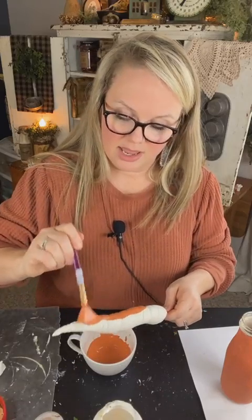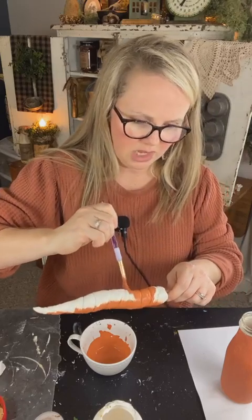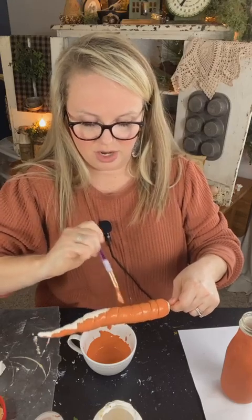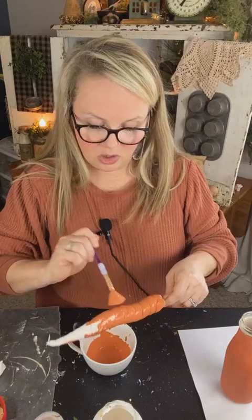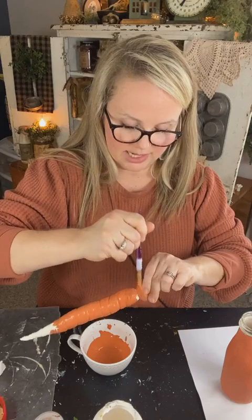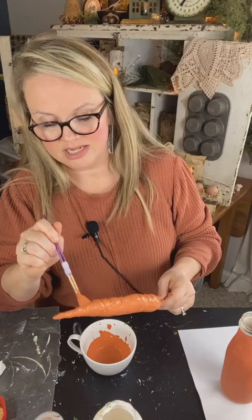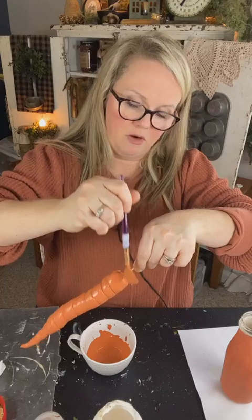Okay, real light coat. And what is really cool about it, those creases on the carrots are going to hold on to a little bit of that darkness from that coffee. I know it's kind of weird how it works that way, but we'll even be using some coffee grunge here in a minute. If you're not familiar with what coffee grunge is, it's a mixture of coffee, cinnamon, and vanilla and water. It's sort of like a stain, but it gives it a wonderful smell and a really nice, primitive, grungy look, okay? But we'll go over that, and you'll see that coffee grunge, the cinnamon and the stain from the coffee itself, will settle down into those little grooves that we created by swirling that model magic as we were creating the